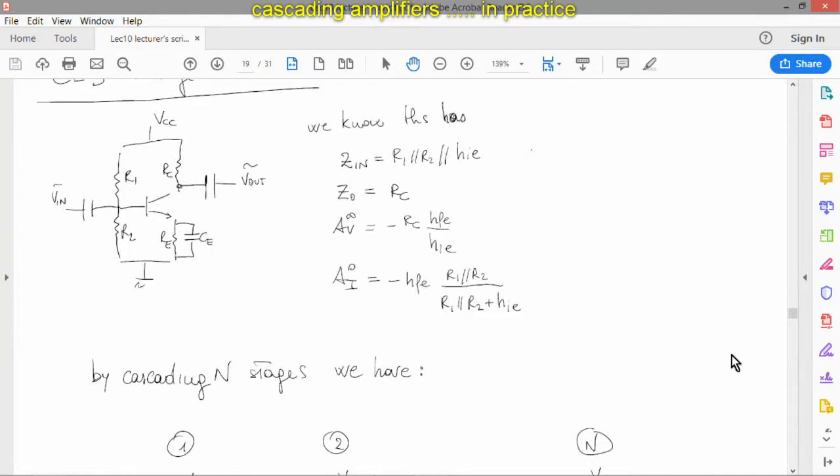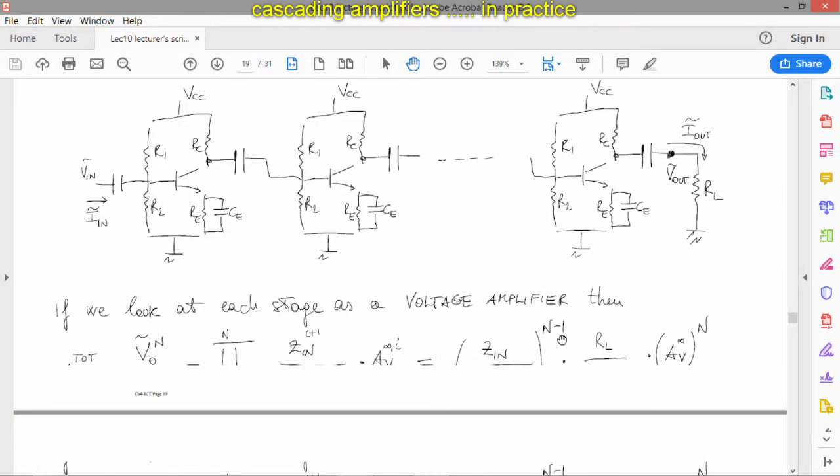C-coupling means, we've studied this. For example, imagine this was one of the CE voltage divider configurations. So we know everything about it, all the 4 parameters that I've also written there. So let's say now that I'm not happy with its voltage amplification. I've made the design, I've calculated the resistors and everything, but it's not enough. We cascade it. The way to cascade it is simply, and this is what C-coupling is about,